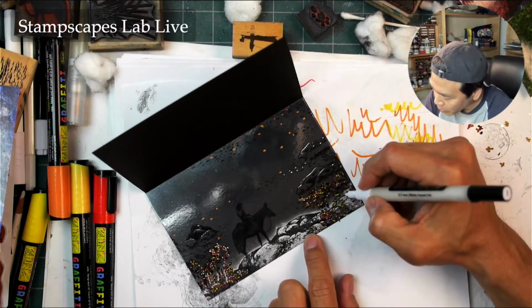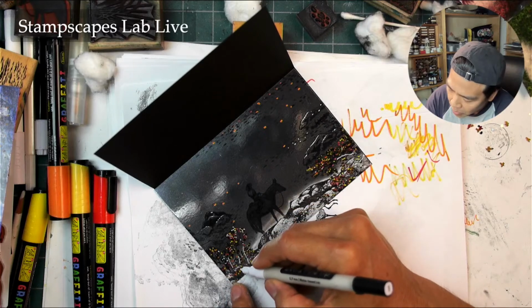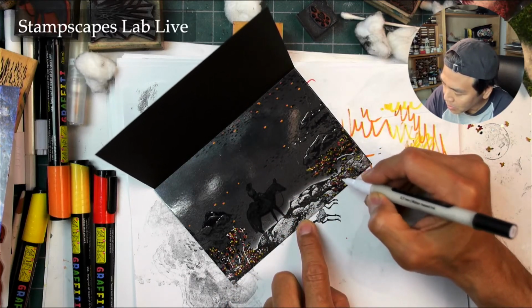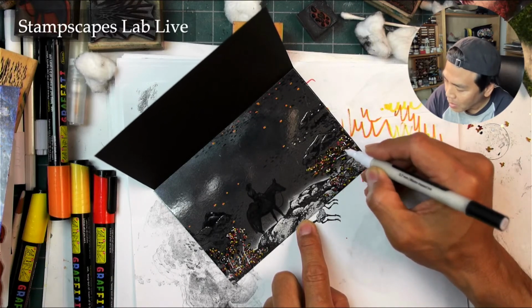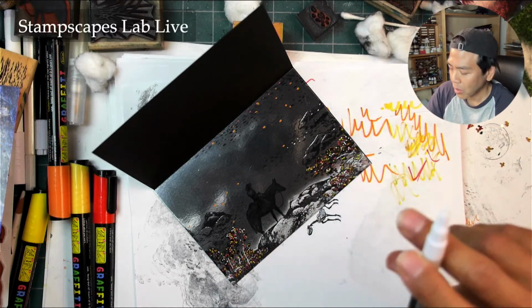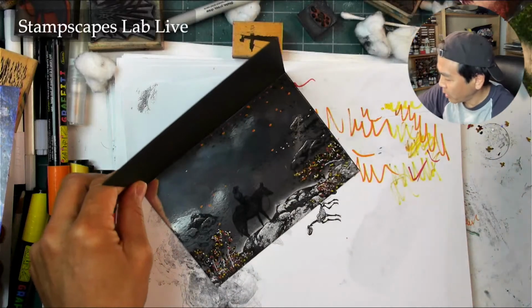I'm going to give some of these branches a little bit of a white application, so it's kind of related to the background trees. But remember, I'm going to just stamp right over the top of them too. Those are really harsh right now, but let's just do it right now. Let's go back over it